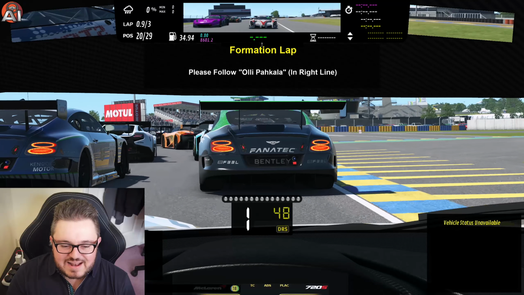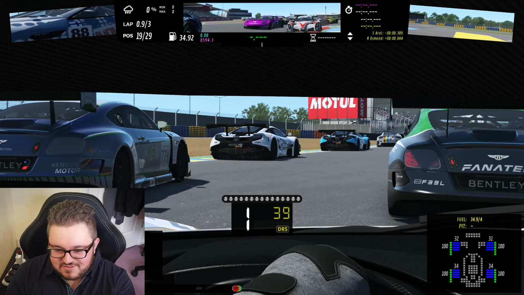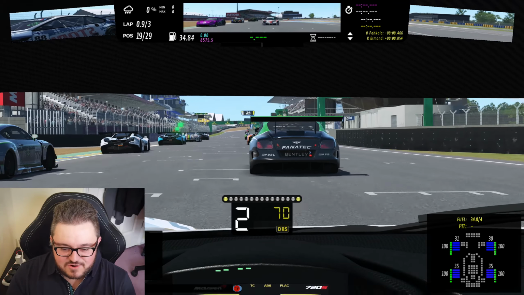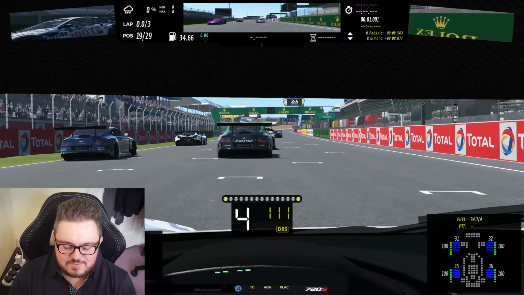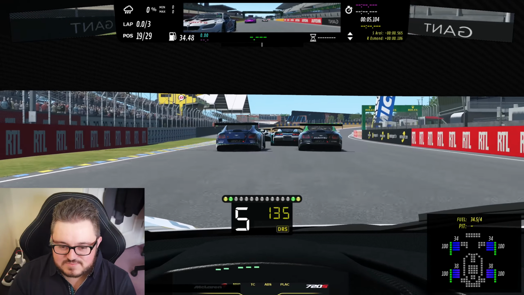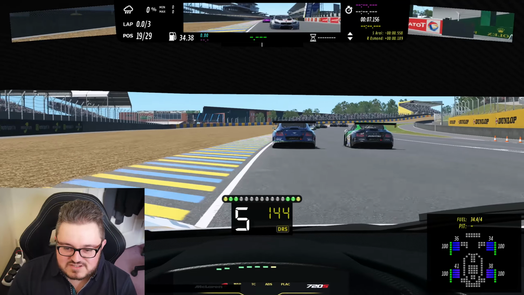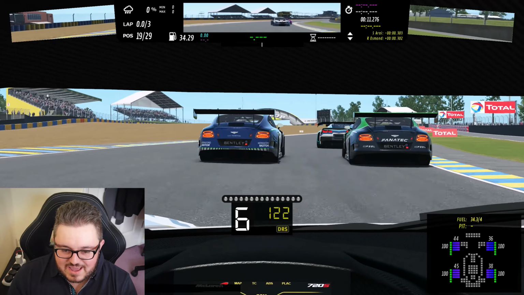So here we are in the McLaren 720S GT3 at Le Mans. GT3 cars aren't associated with the 24 Hours of Le Mans particularly, but they do take part in the Road to Le Mans race that happens over the same weekend. That's not why I'm driving this car today. That is because I'm taking part in a race department club race tomorrow, and there are LMP2, GTE and GT3